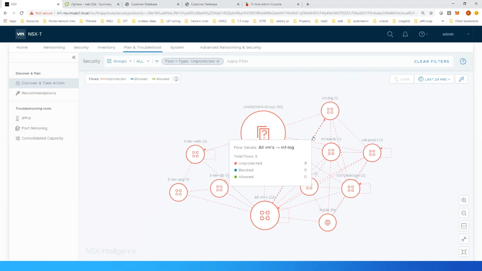So NSX Intelligence classifies flows into 3 different categories, essentially. There's unprotected, blocked, and allowed. The reason that pretty much everything's showing unprotected in my environment is because what it determines as an unprotected flow is a flow that is being allowed within the NSX-T platform distributed firewall, but it doesn't have an explicit